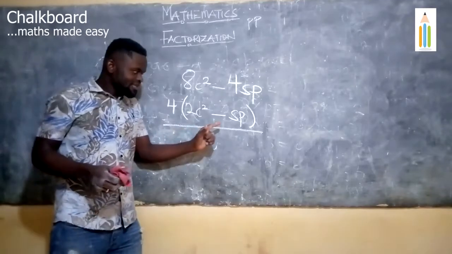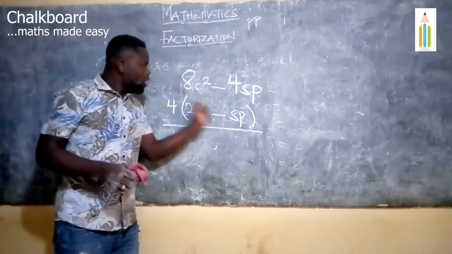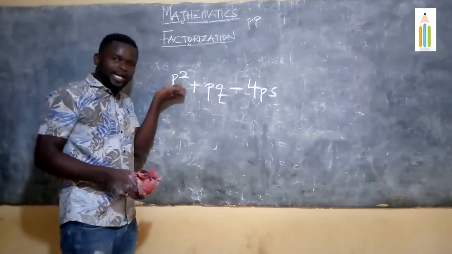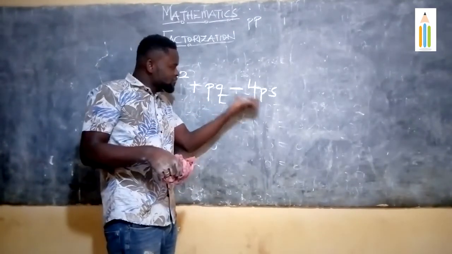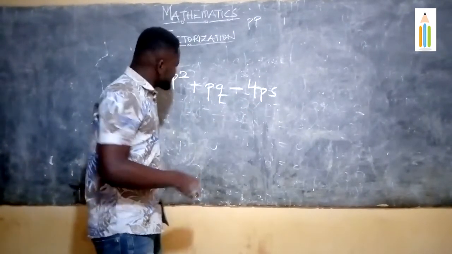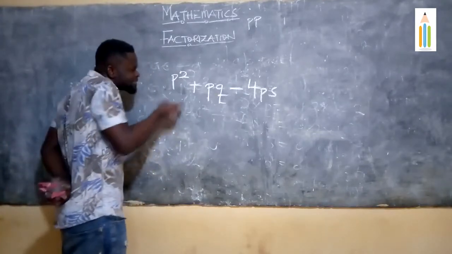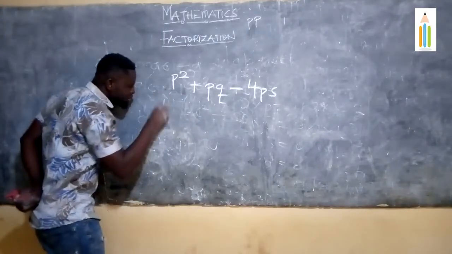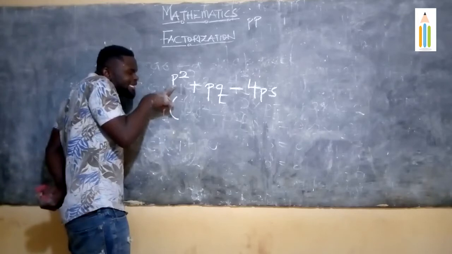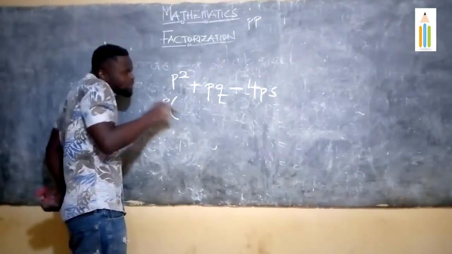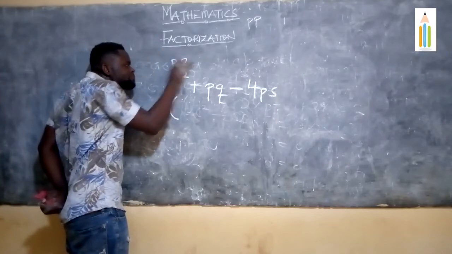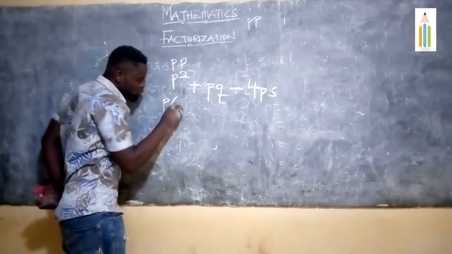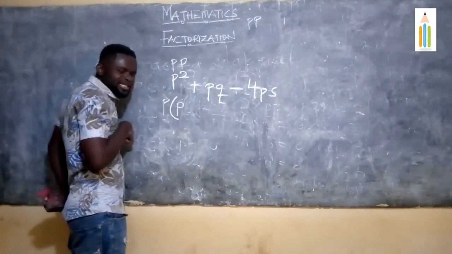Let's take a last example on this. That one comes with 3 different terms: p squared plus pq minus 4p squared. Now, what are the common terms? The common terms are p, p, p. So that one will come out. So p will be brought out. Now, these p's here are 2, and one is out. It's like p and another p. So I'm taking one of the p's out. What will be left is another p, which will be inside the bracket here.